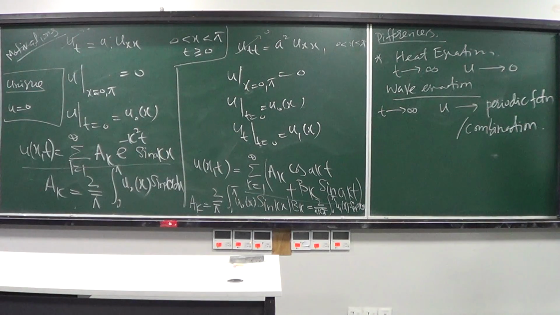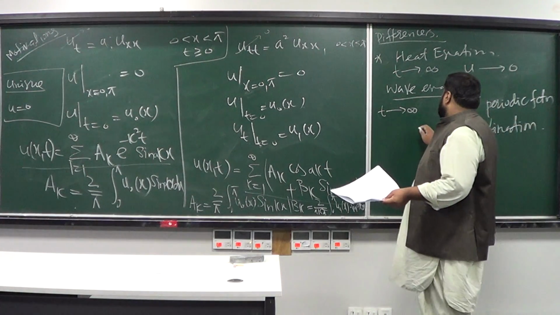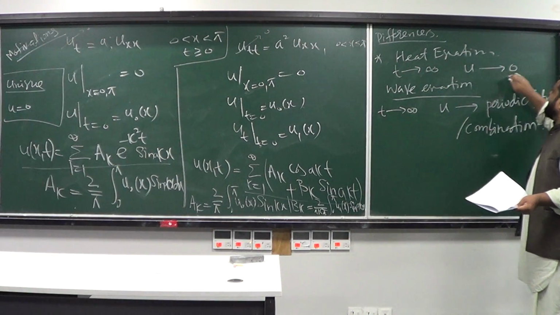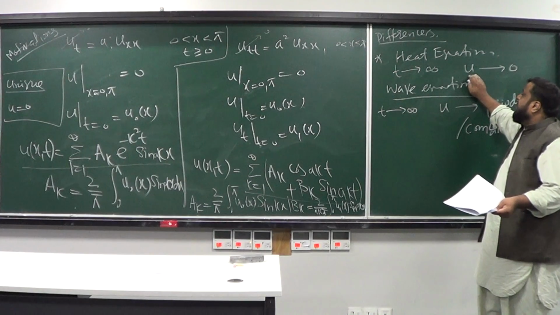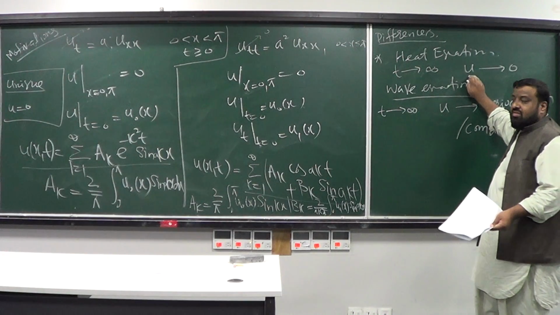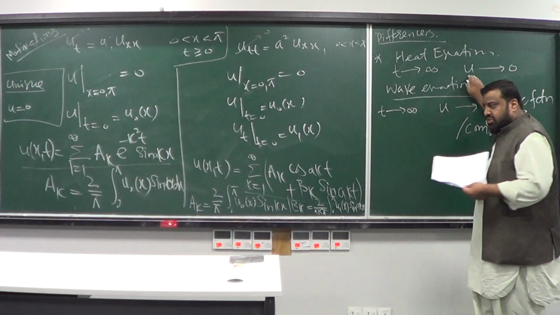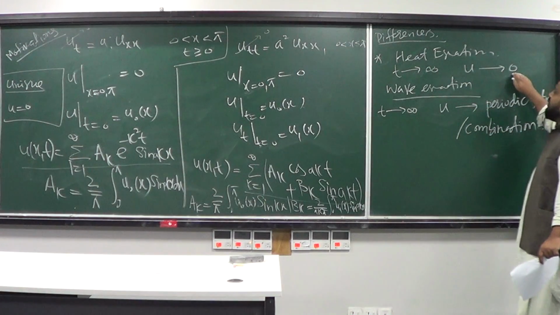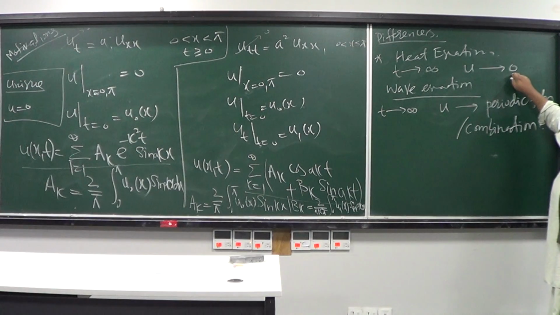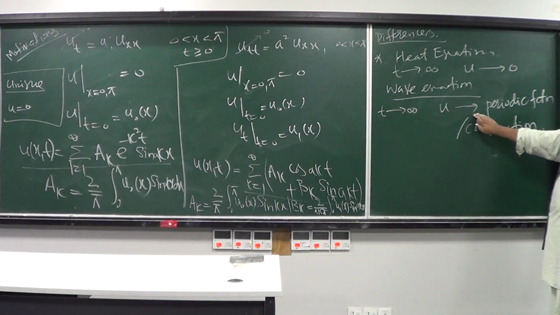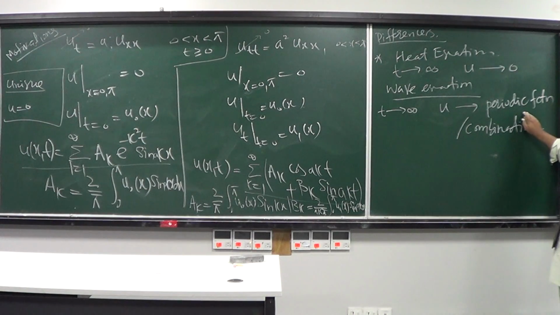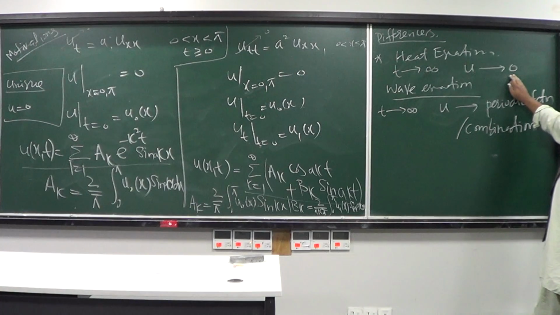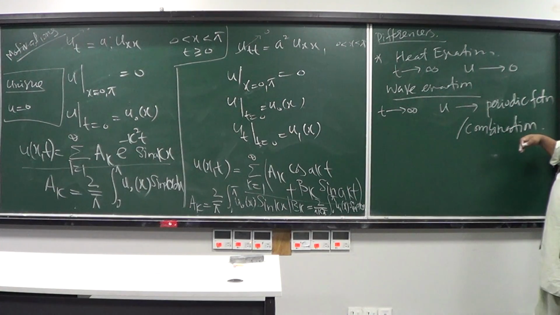Now, in other words, you can say that in the long run, for the heat equation, the u converges to an equilibrium state. If you interpret u physically, it represents the diffusion of heat in the rod, so that diffusion will go to an equilibrium state in the long run. While in case of the wave equation, u will not go to an equilibrium state. It will be in a periodic state. So that's what makes these two equations fundamentally